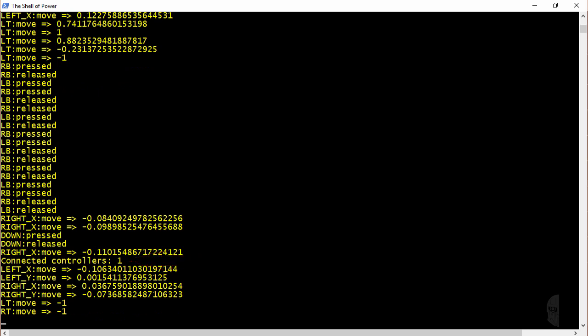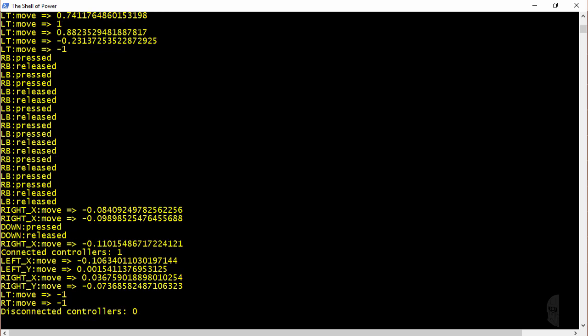Again, the output is a little misleading if you don't know what the numbers represent, so maybe the log message should have been something like connected device IDs. But I'll let you make that change if you like on your own. Alright, now let's make sure the disconnected event fires appropriately as well, so I'll turn off the first controller. And here we see the disconnected message with a controller ID of 0,